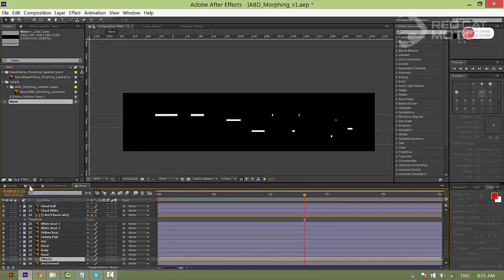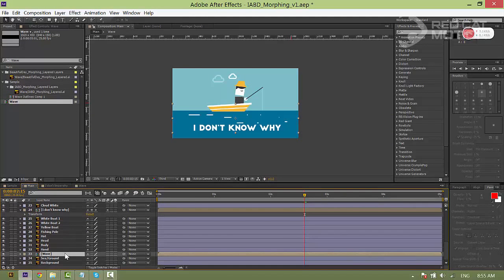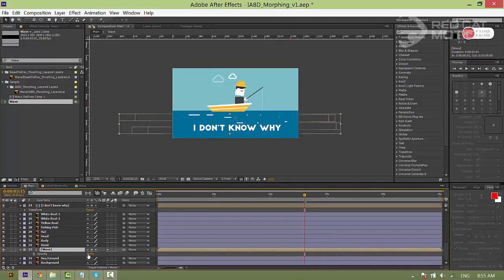Back to our main composition. Here is a wave. I will also toggle the saw. I press T to display opacity. Here I will set it to around 50%. Still is too much, so I set it down to 30. So we're done with the movement of the waves, and I will hide it away.